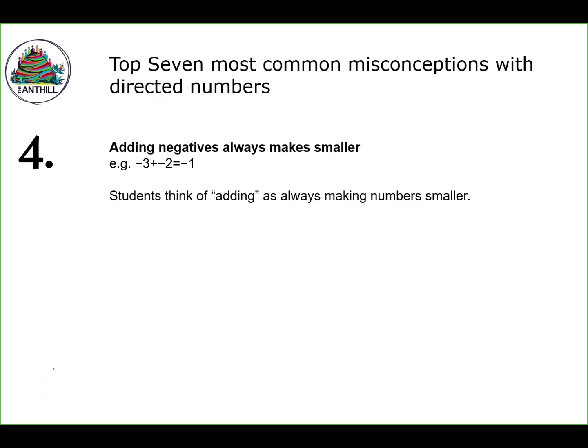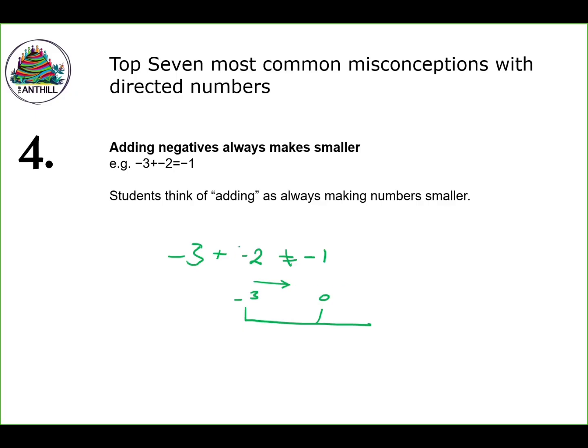At number 4, students think if you're adding negatives, it makes the number smaller. For example, if we have negative 3 and then we add negative 2, the answer is not negative 1. But a lot of students fall for this. Why? What are they doing? They're thinking they're adding, so therefore they're moving. If we imagine that number line again, we've got a negative 3 here, and then we've got 0 over here. They think because they're adding, they're moving back towards the 0,